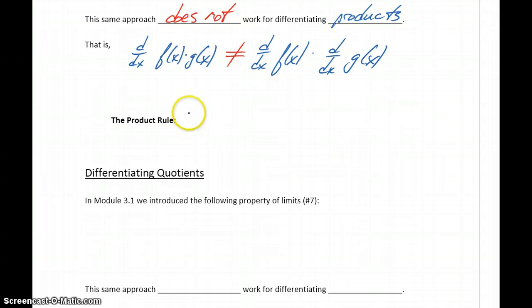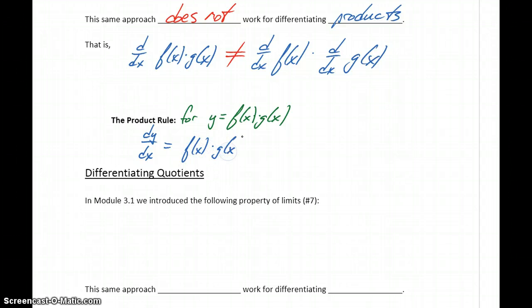So the product rule for y equals f of x times g of x. If we have the product of two functions, then dy over dx, or the derivative of this expression y with respect to x, is going to be f of x times g of x plus f of x times g of x. So we're going to add a little bit more to that, but I like to write this out in this pattern. So it's just first function times the second function plus the first function times the second function,